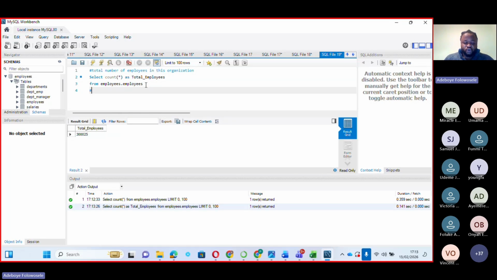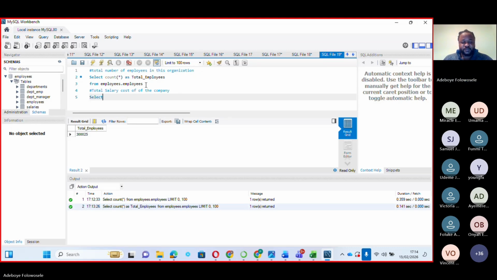Now, let's make use of another arithmetic function. If we want to look at the total salary cost of the company, the total salary cost of the company, we are going to make use of a function known as sum. So that will be select sum